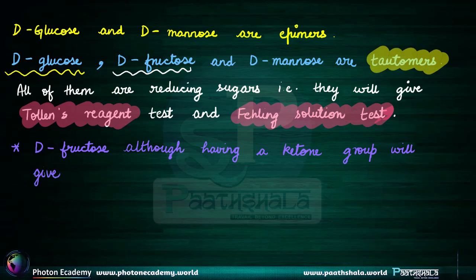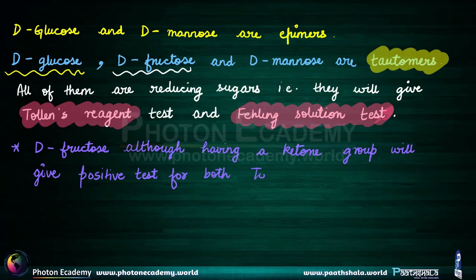Okay, will give a positive test for both Tollens reagent and Fehling solution. This was the point of highlight that we wanted to see about these three tautomers